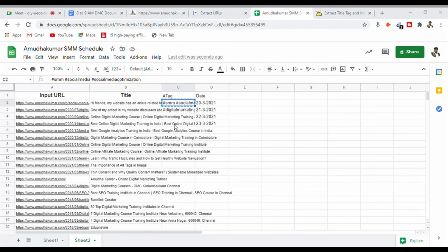I can try to open this image in a new tab. Is there any option? Sorry, this is not giving me an option to open it in a new tab. So I can download it, and I can click on this browse button to upload the image here. If I have an image, I can browse. Or I can click on post directly, so it will go to Facebook.